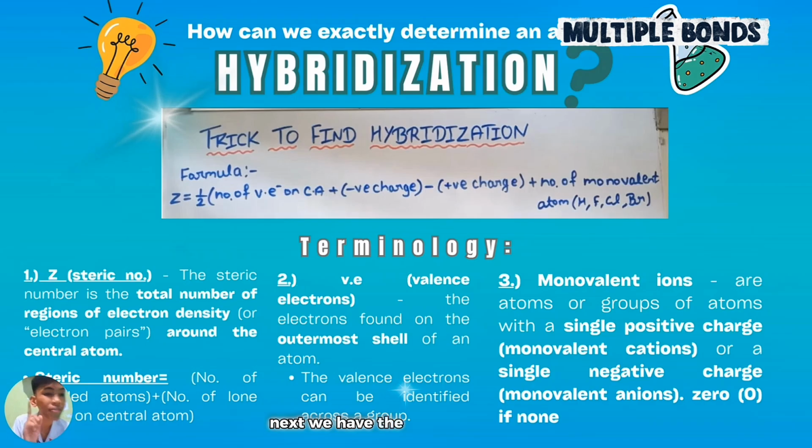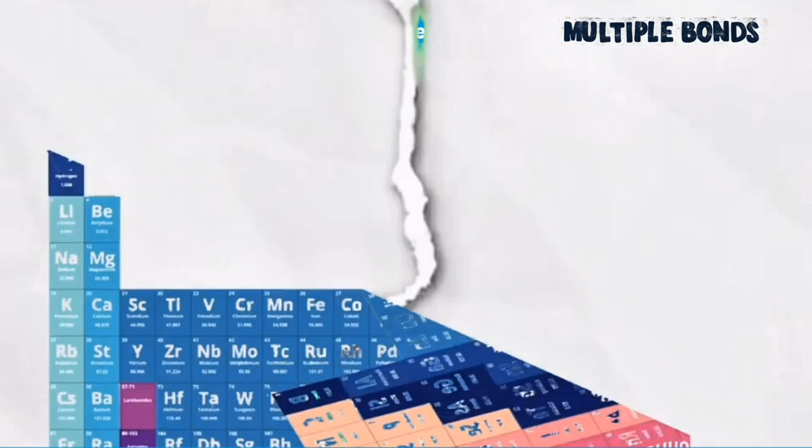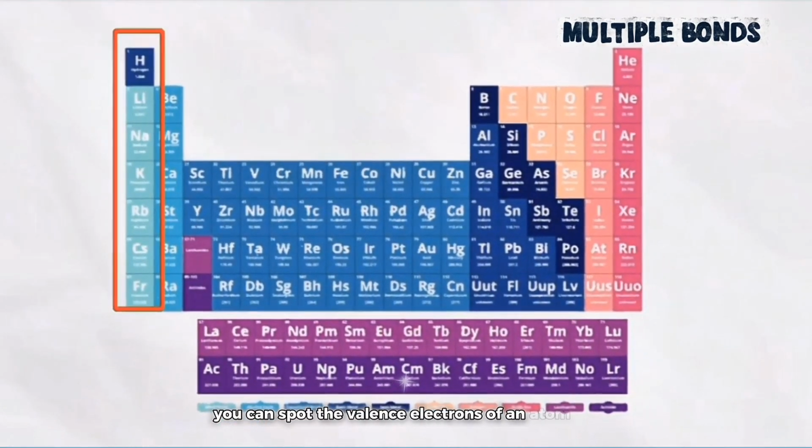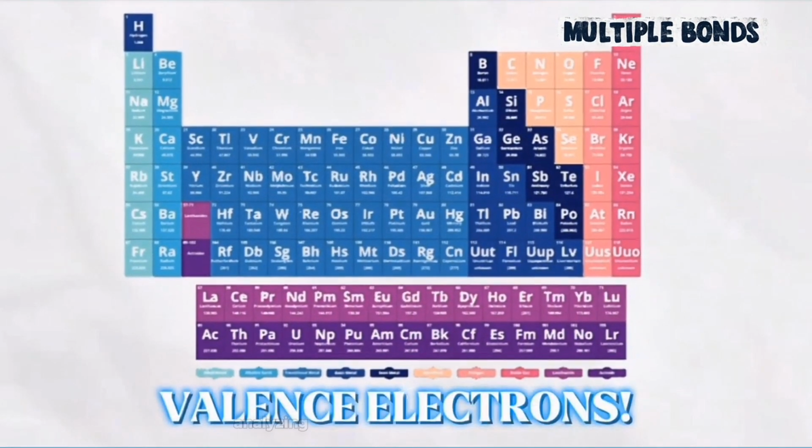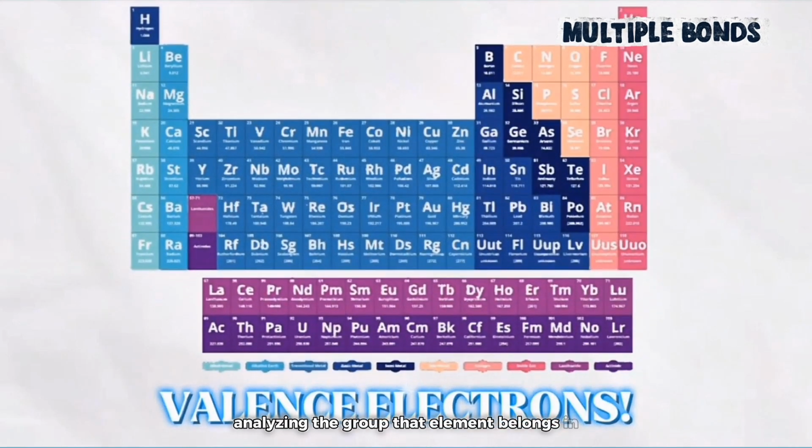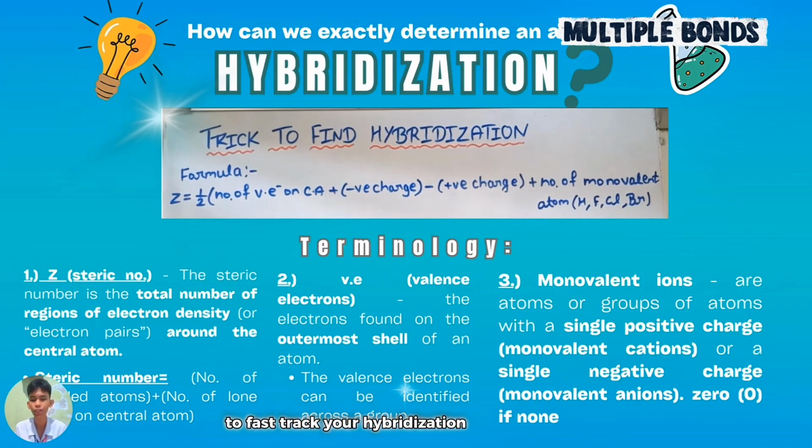Next, we have the valence electrons, which are the negatively charged particles or electrons found on an atom's outermost shell. A handy tip: you can spot the valence electrons of an atom by simply analyzing the group that element belongs in to fast-track your hybridization detective work. What this means, again, is you simply have to look at the group the element belongs to determine its number of valence electrons, and in fact, the number of valence electrons corresponds to the group number